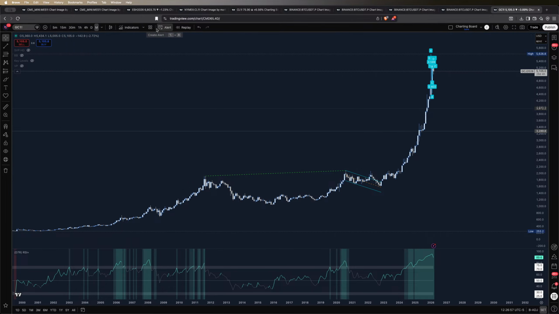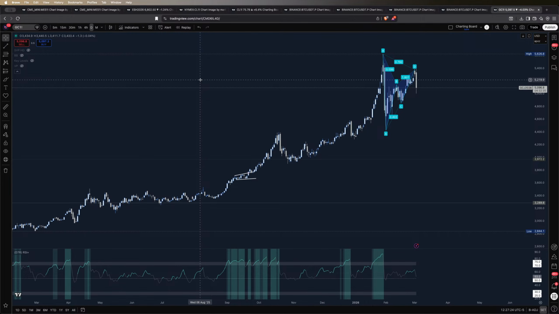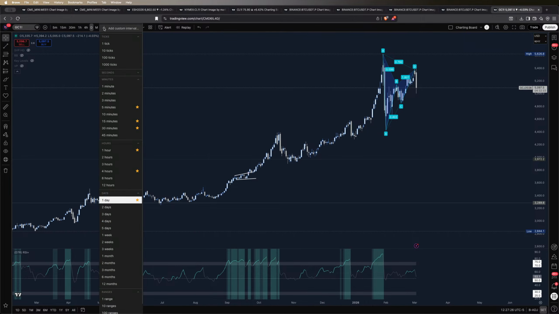However, after entering overvalued conditions on gold, extremely overvalued conditions, printing a reading of 96 or 95, clearly there will be early buyers taking profit at the highs. That seems to be the case as of now after printing a previous high at 5,600, where gold printed yesterday